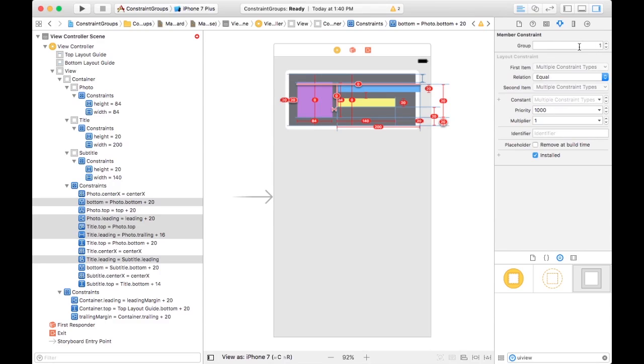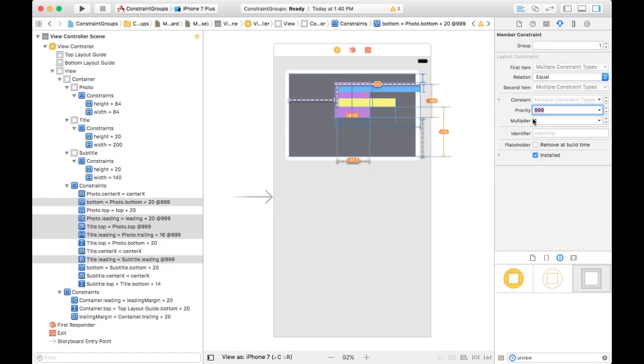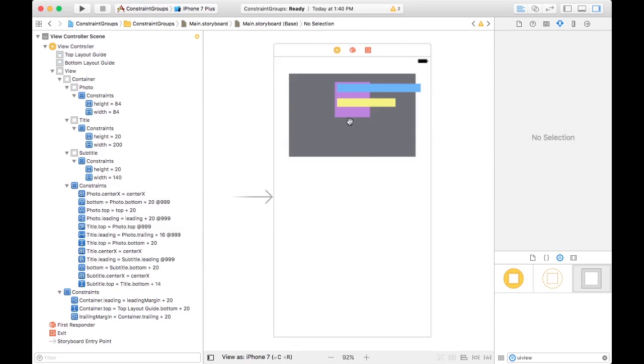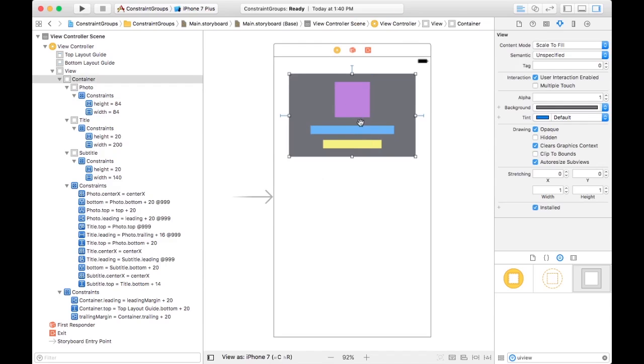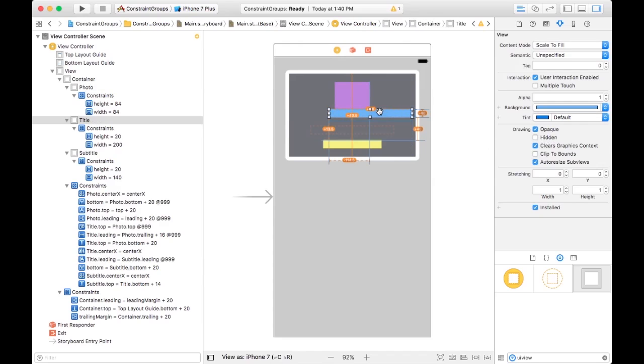Now this means that we can then, in our code, just say, hey, set the constraints active state to 1, and then all of these will be automatically enabled. Now we're going to do one more thing. We're just going to change the priority to 999. And that makes all these constraints we just added ignored in Interface Builder, so we don't get all those errors, but it'll also work perfectly in code. By the way, just to automatically relay out everything, I use this shortcut a lot. It's Option Command